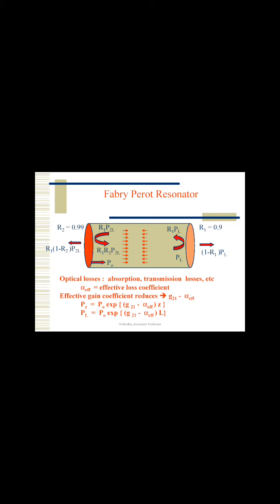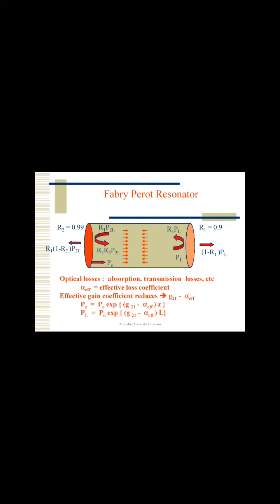You will have an active medium in which a lasing action will take place. Population inversion can occur, but the end terminals of this particular active medium are enclosed within mirrors, which means that this stimulated emission cannot be let outside as an emitted photon. It goes on moving internally between these two mirrors. It keeps on moving from left to right, again it moves from right to left. So it is an action which takes place between these two mirrors within an active medium.